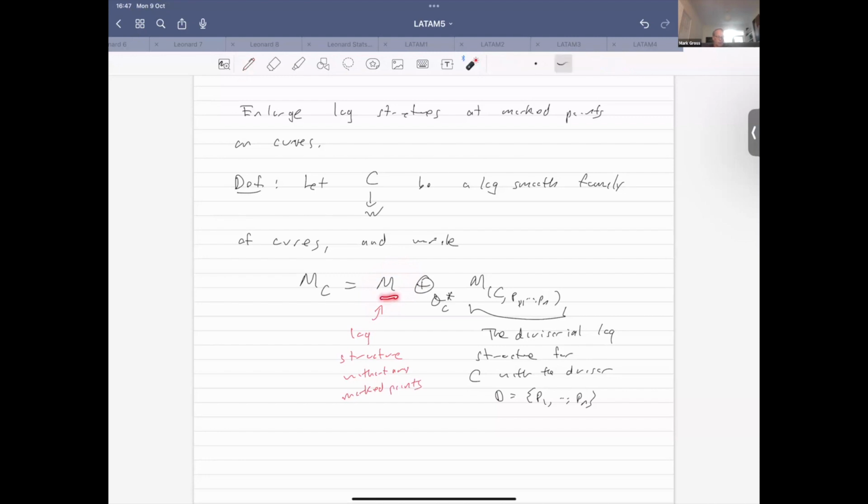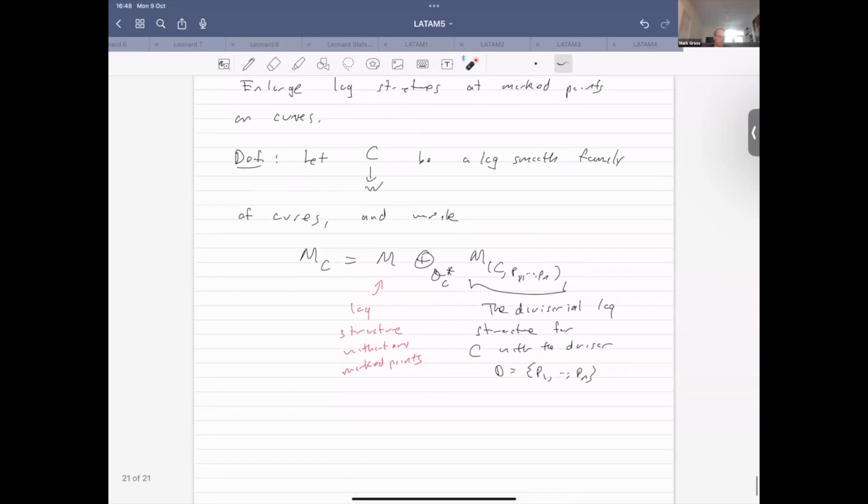So here what I do is I take the direct sum of these two copies of these log structures. This is one way to think about the mark points: you're just adding into the log structure functions that can vanish at the pi. The direct sum over O_C^* just means we identify the copy of O_C^* in here with a copy of O_C^* in here. So this is one way of writing